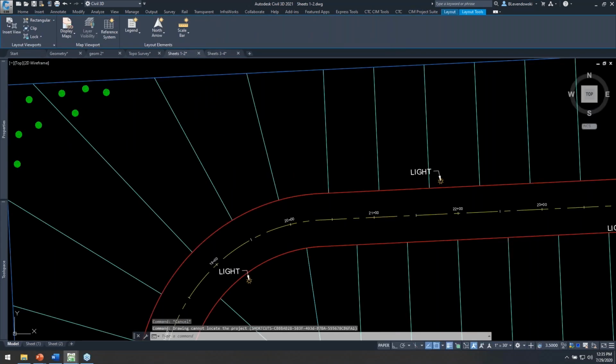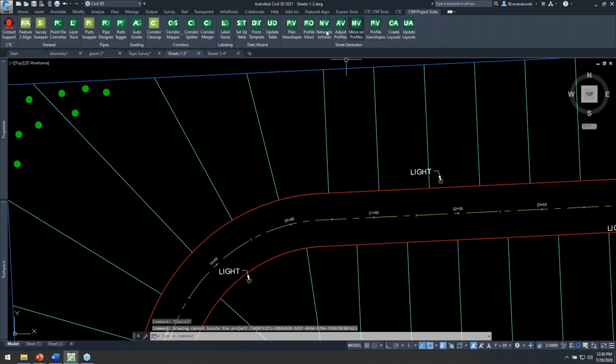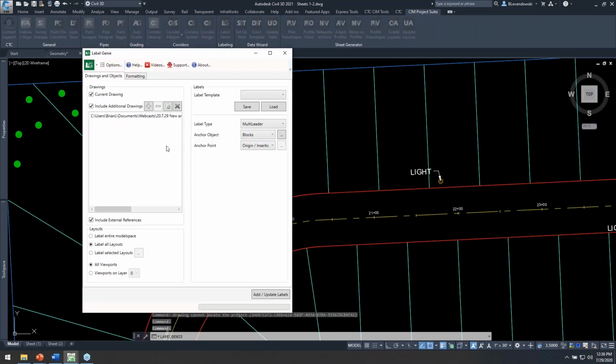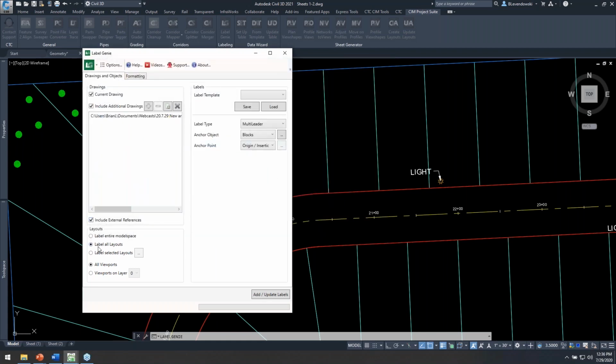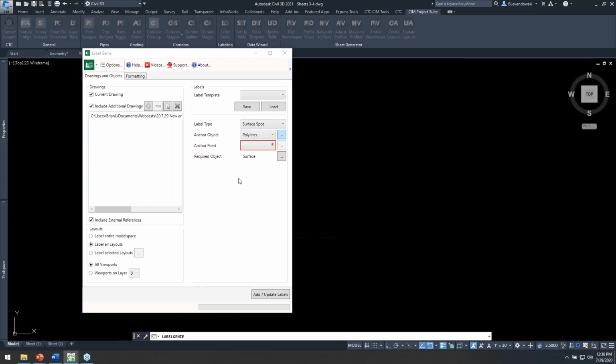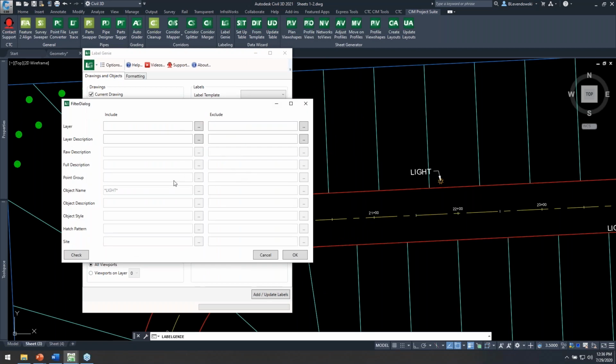So I'm going to insert a bunch at once. We'll come up here, we'll keep the same selection set. We'll label all of our layouts. This time I'm going to grab a surface spot elevation. I'm going to attach it to polylines. And I just want to attach it to